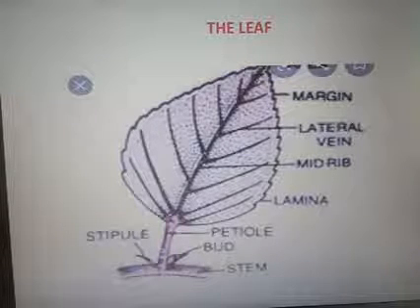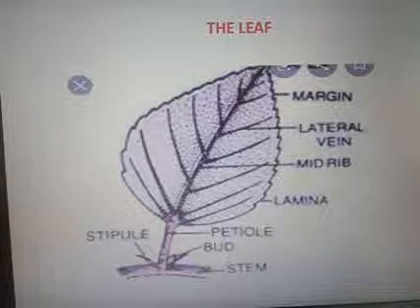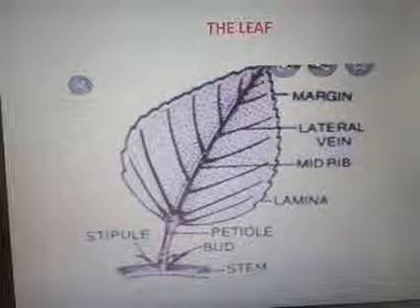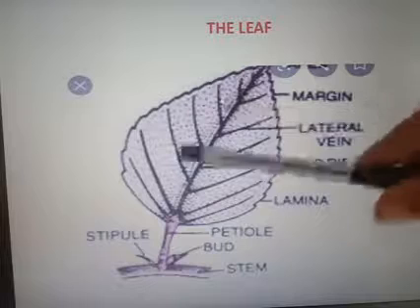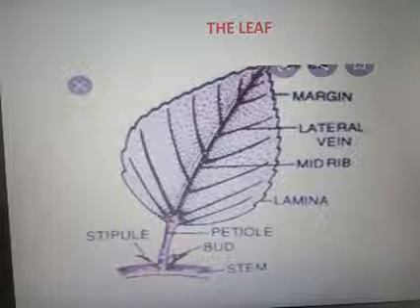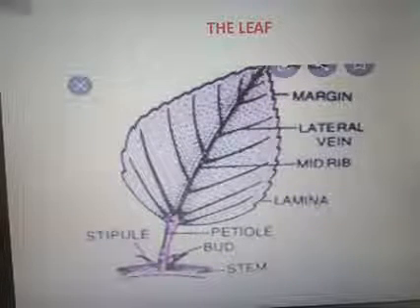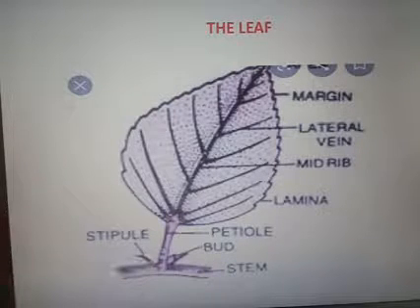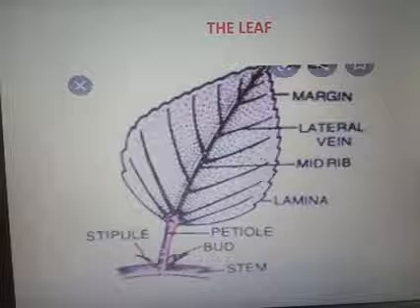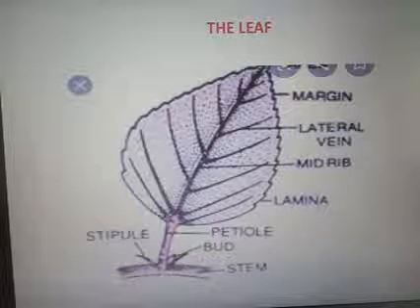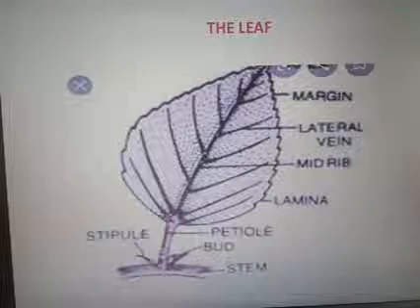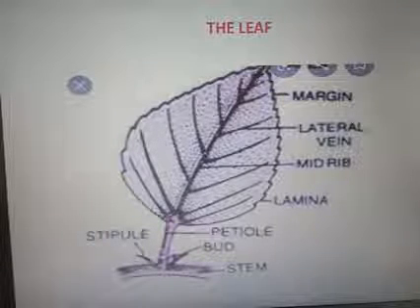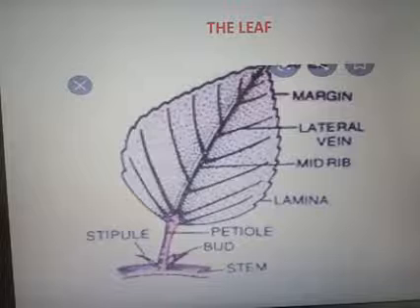Okay, what is leaf base? Here, look at this portion, that is the leaf base portion. Here we can see a lateral outgrowth in the base portion. The lateral outgrowth developed on either side of the leaf base is called stipule. Some leaves have the stipule and some have no stipule. The leaves which have stipules are known as stipulate.